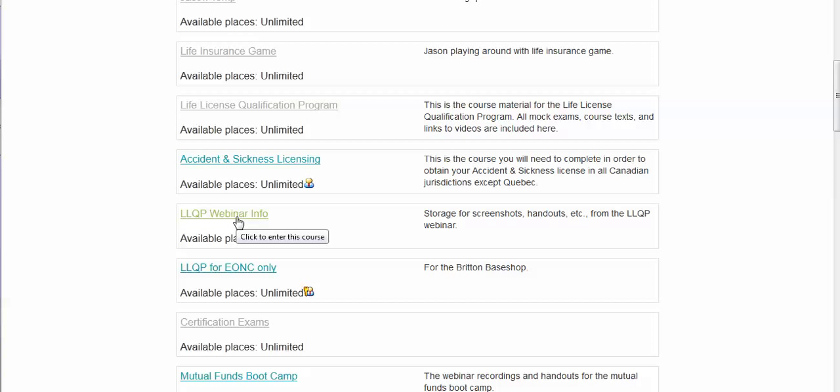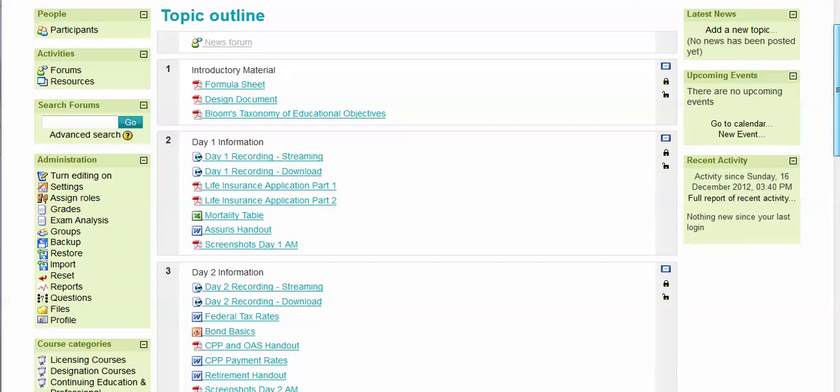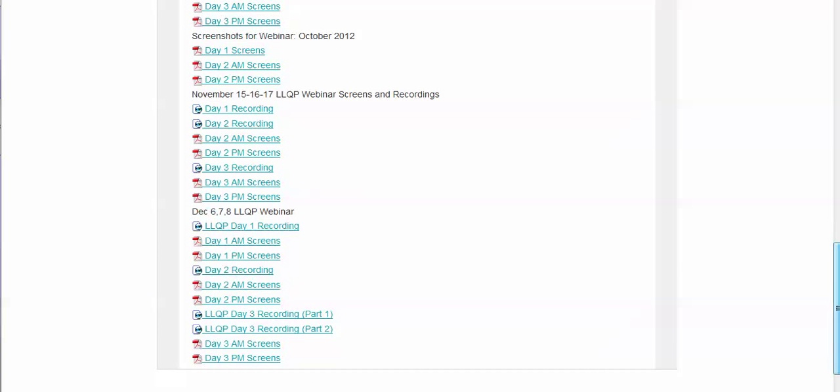So we have here LLQP webinar info, and it tells us storage for screenshots, handouts, etc. from the LLQP webinar. So we can bring that up, and within this class you'll see a few different odds and ends, but probably most important, I recently ran this webinar myself, December 6, 7, and 8, and then we have the recordings from each day, so the day 1 recording, the day 2 recording, and the day 3 recording,